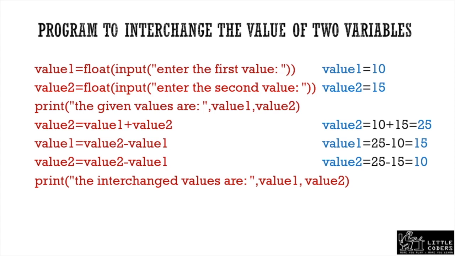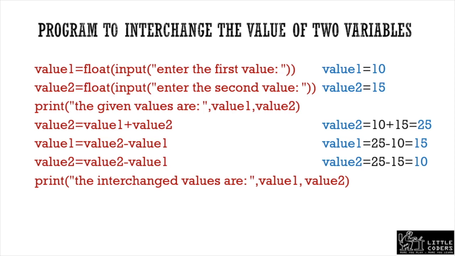That means you have changed the value 2 but you have not changed the value 1. It remains as such. So now we want to change the value 2 from the present value of value 2. If you subtract value 1, you will get the new value 1. That is, value 1 is value 2 minus value 1. That means whatever is available on the left hand side has been shifted to the right hand side. So that is the value 1.